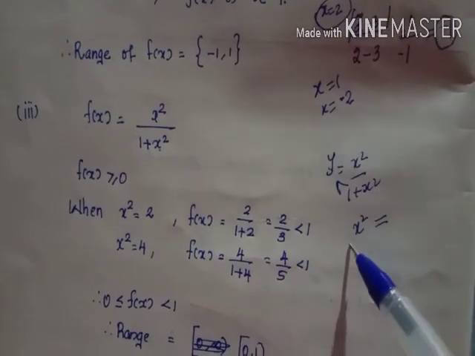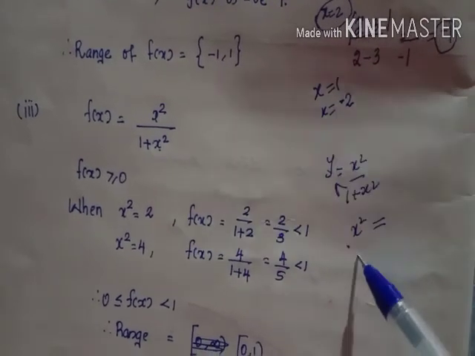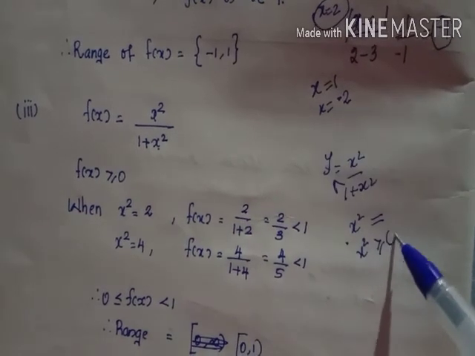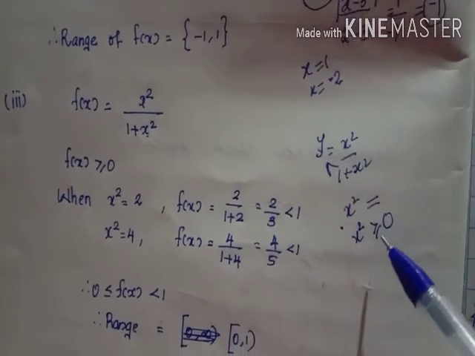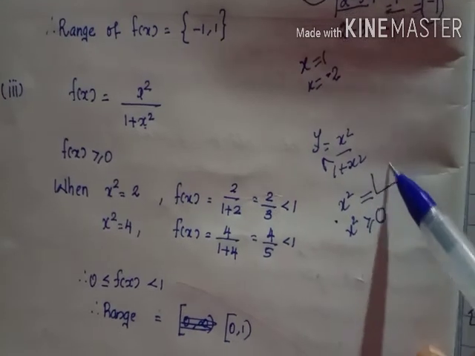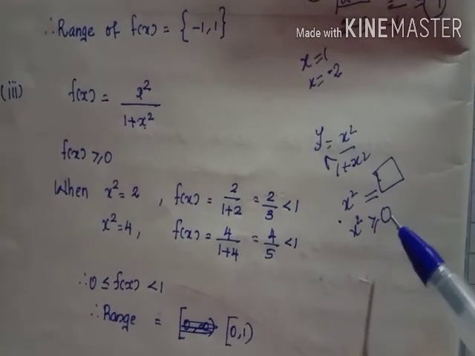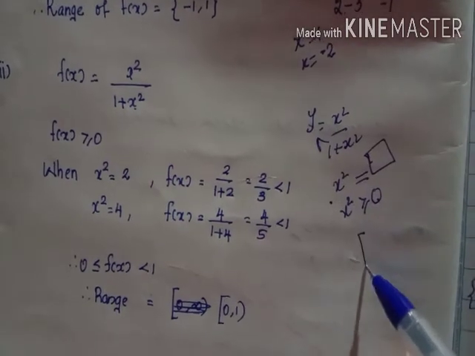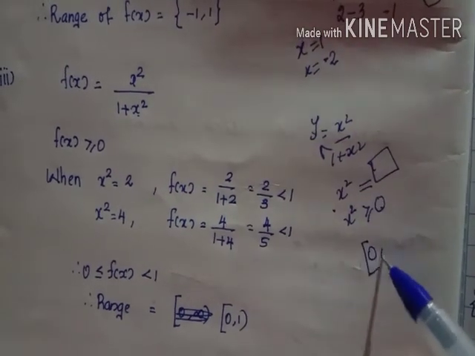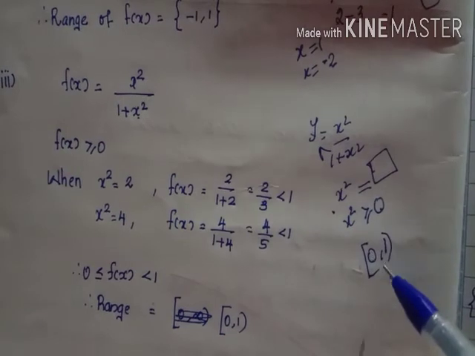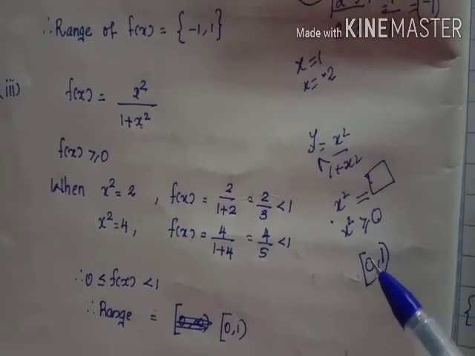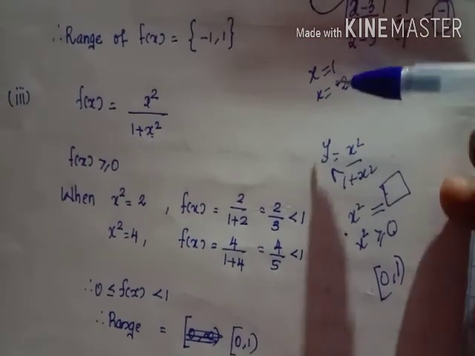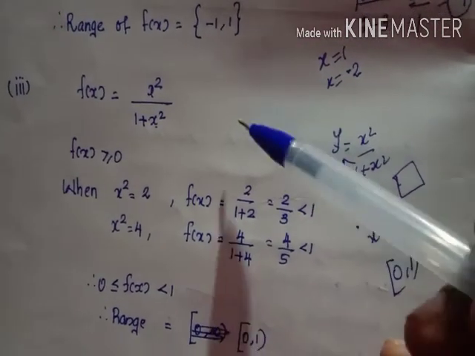Okay, x square, and we noted x square is a square function. A square function is always greater than or equal to 0, and therefore the expression in y terms is always greater than or equal to 0. In that case, we saw that the range of the function is the semi-open interval [0, 1), closed at 0 and open at 1. So, the same problem can be done in another way.